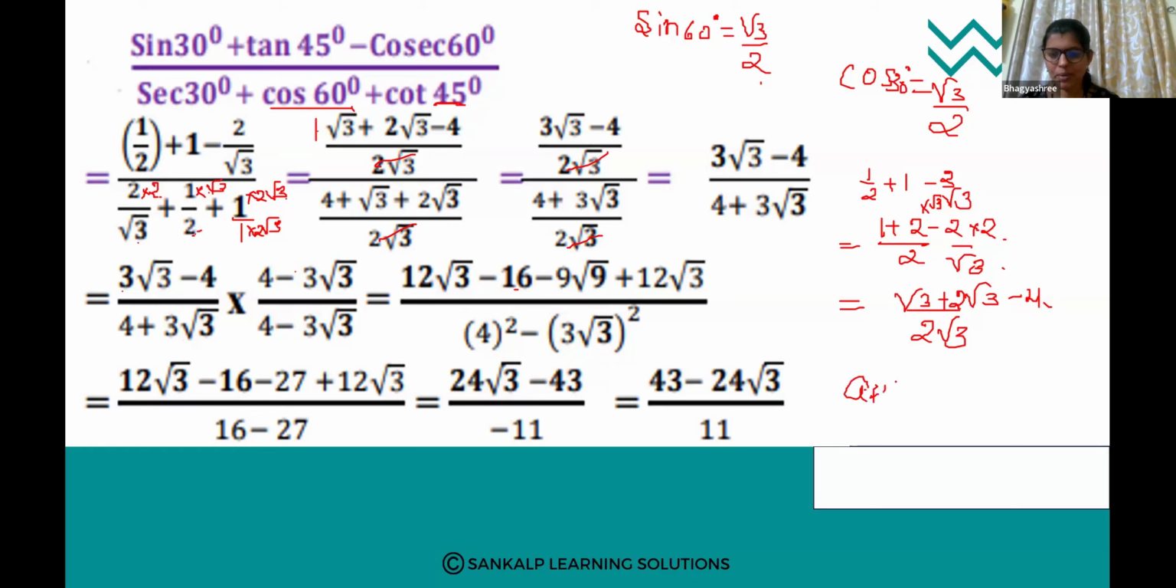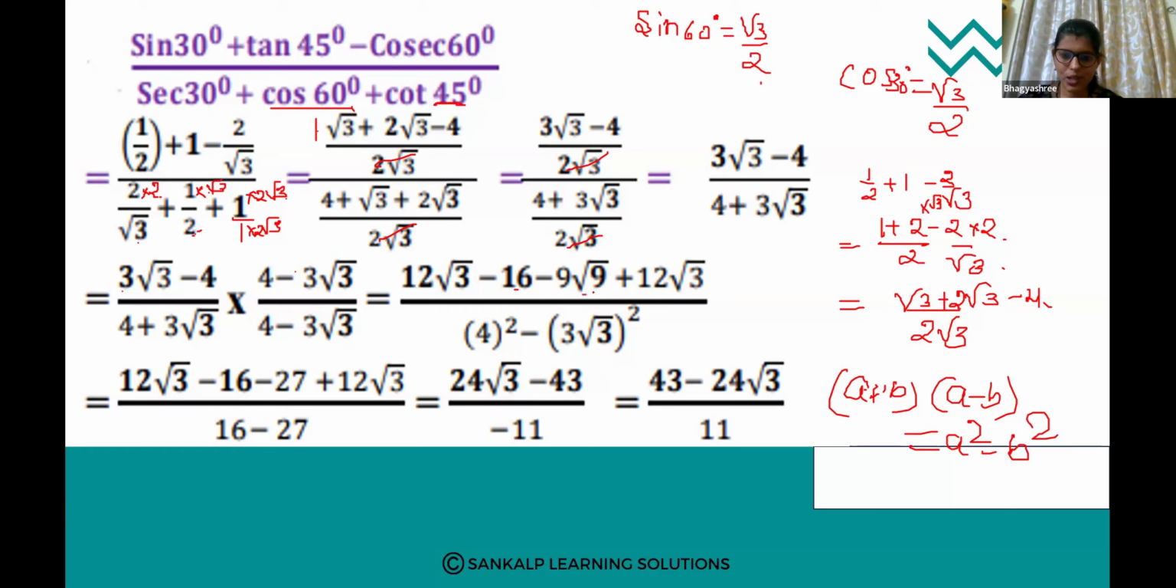A plus b into a minus b bracket square. A plus b into a minus b is a square minus b square, right? This is in the form a plus b into a minus b. A square is 4 square, minus b square is 3 root 3 whole square. So 12 root 3 minus 16 minus